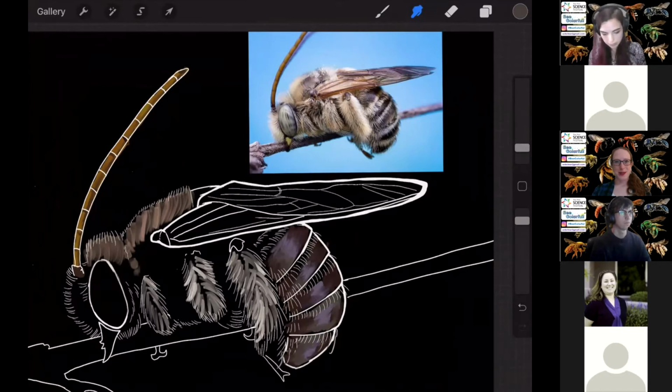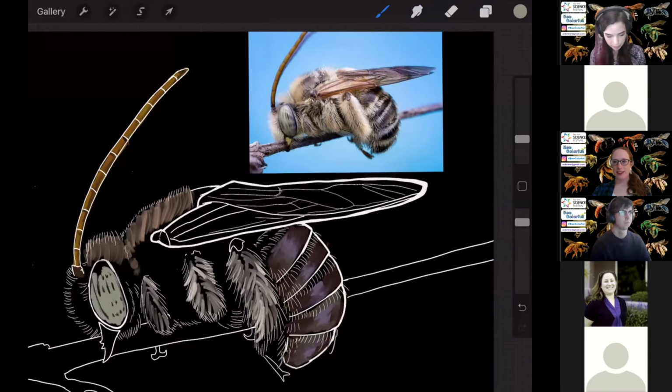And this is a question for me. Someone asked, what do bees do in the winter in Minnesota? That's a great question because it gets very, very cold. So as Nina mentioned in the video, we have some bees that live in colonies. The honeybee is a little bit unique because honeybees can survive over the winter. They'll survive in their hive, and that's why they produce honey, to have a food source over the winter to survive. But most of our native solitary bee species and our bumblebees,